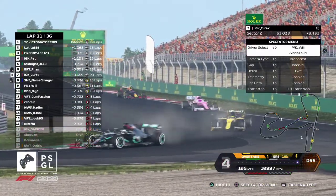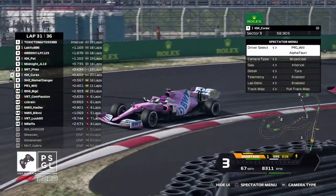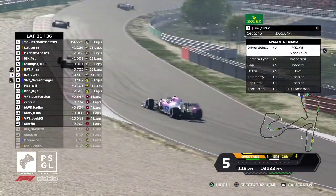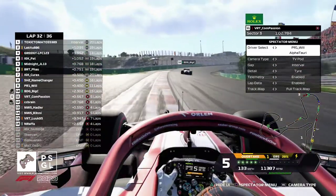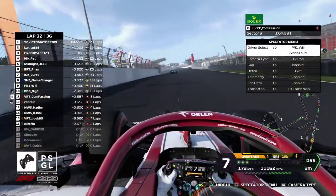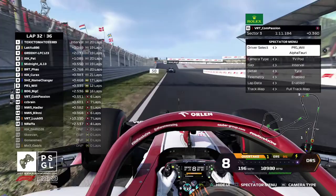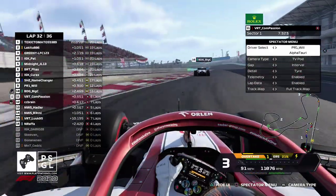Yeah, that is the danger of making that kind of mistake, and already we've seen people have spins with those medium tyres, and we saw how that played out with these guys as well. And we also have Compassion. Compassion hasn't scored any points this season, don't forget. He's on the soft tyres, and he's chasing down 7-time world champion Big C. Could Compassion get the move done on Big C to score his first ever point in a PSGL league? It'll be a good